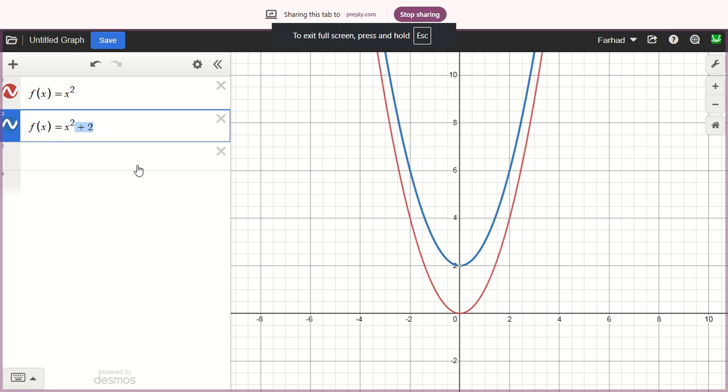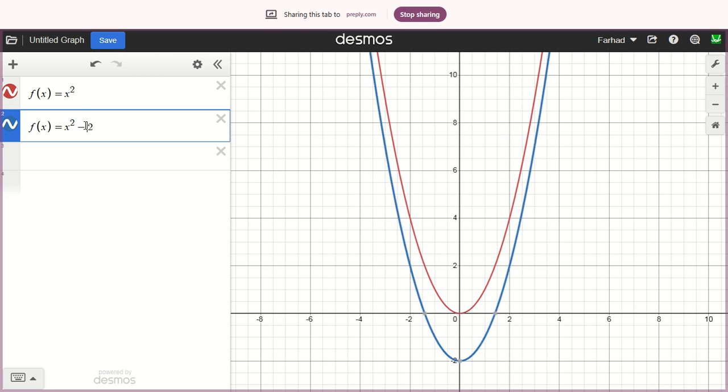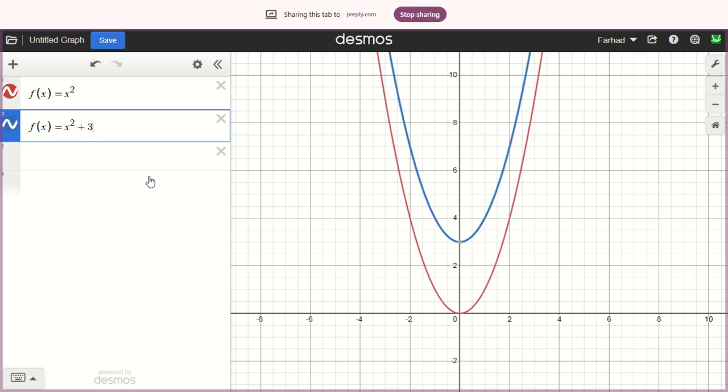Okay. And if I put negative sign here, negative, then what happens here? Blue one, down 2 units, right? So if I put plus 3, what does it mean? It will go up 3 units, 3 units. Okay. Now